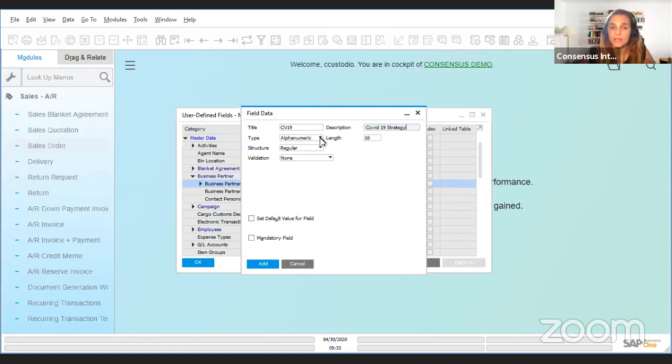So here you have different options. You can choose the type of field that you're creating. Is it alphanumeric and the length of the field? Is it only numeric? Is it a date and time type of field? Do you want to track units and totals? In this case, we're going to choose alphanumeric, and we're going to give this field 45 characters, which I think would be enough to describe the strategy that this customer has in this very specific